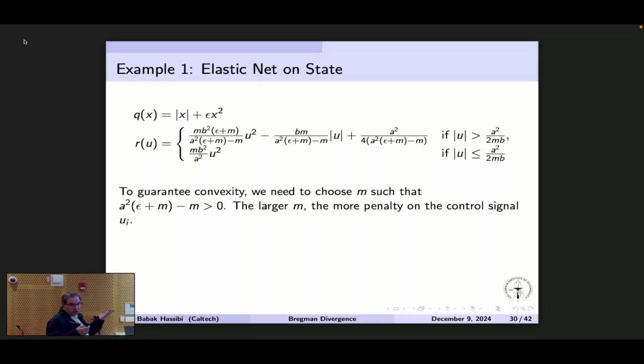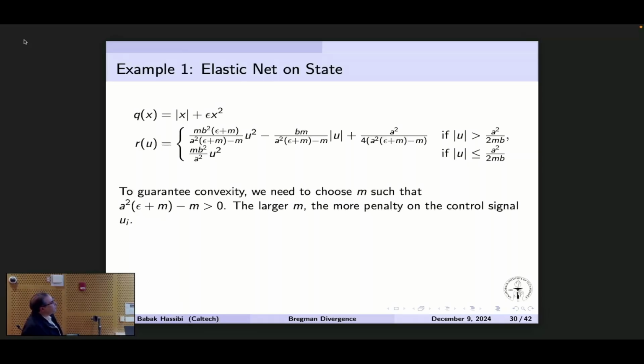And so if you run through the machinery that I just described, if you want things to work, you choose an m, for any m that you choose, m is now a scalar, this is the cost on the control. Now, I want this cost to be convex, and so I need the coefficient of u squared here to be positive, and so that puts a constraint on what m's I can choose. So I cannot choose m willy-nilly. There's some range of m's. If A is unstable, any m works, but if A is stable, I have to make sure that the m I choose guarantees that this is positive.